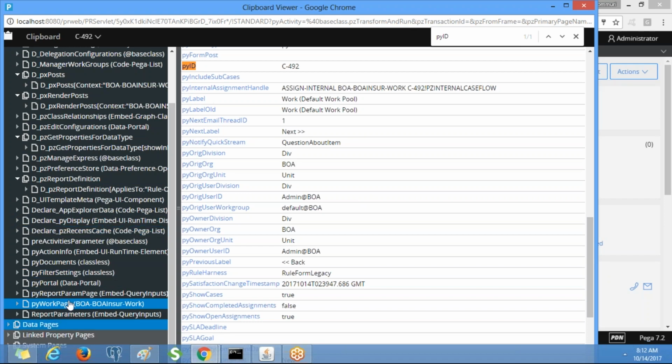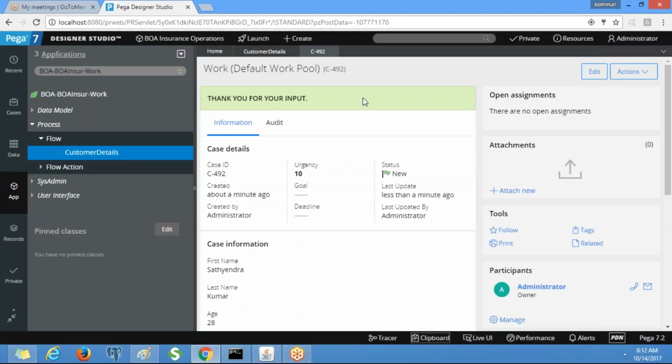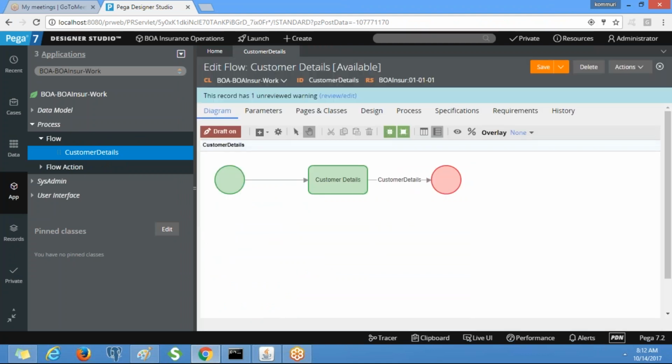So under the py work page, all the details are available, right? But this is temporary. If you close the work object, you will not see the corresponding data on the clipboard. If you want to see the data corresponding to a particular work object, you need to open it. All the work objects are instances of the class by insurance work.